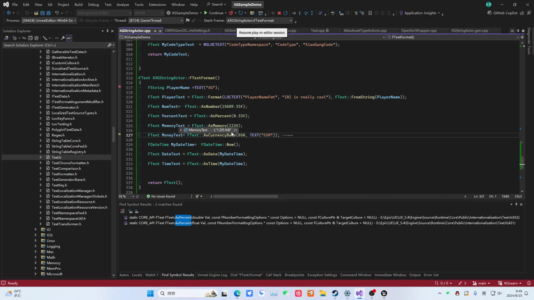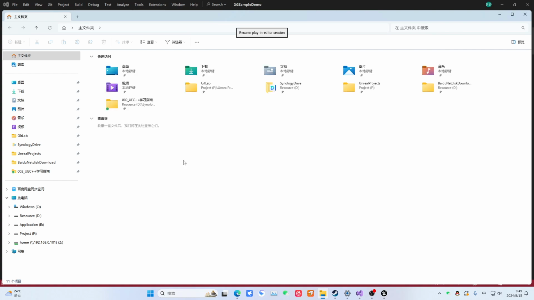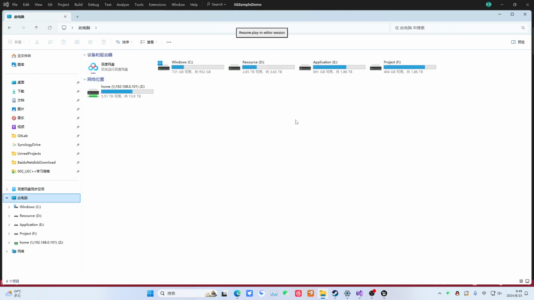This percent adds a % sign for you. This memory adds KiB for you. Let me explain what KiB means here. And then the KiB means this thing works like this, because you will find that our hard drive